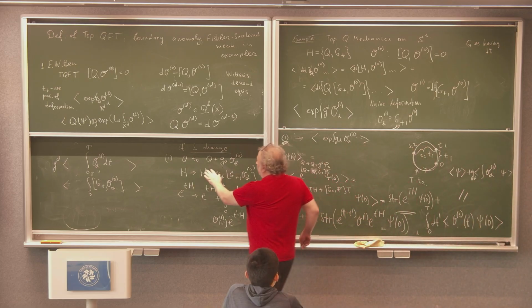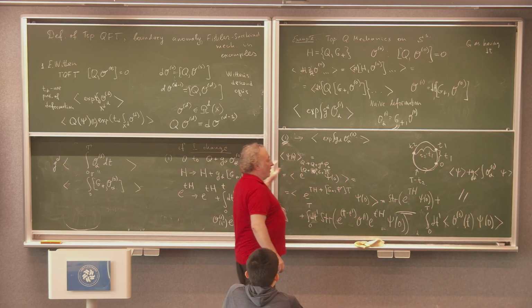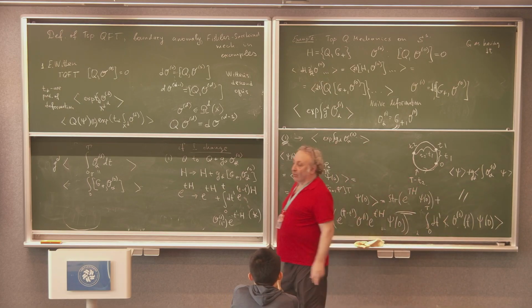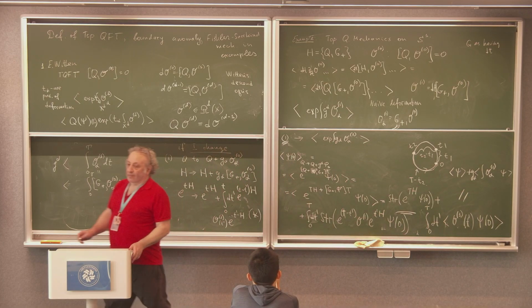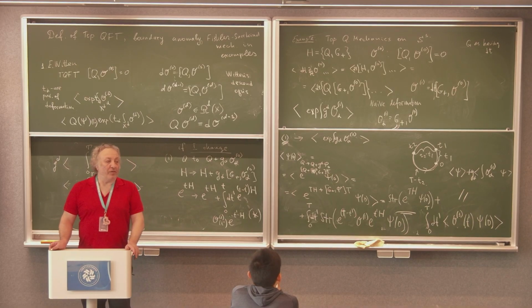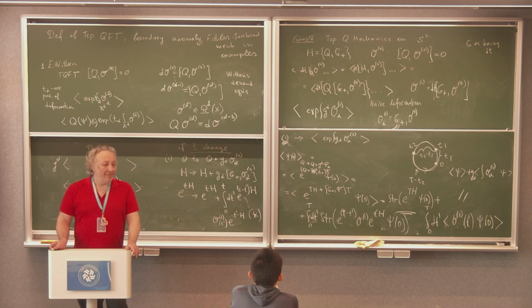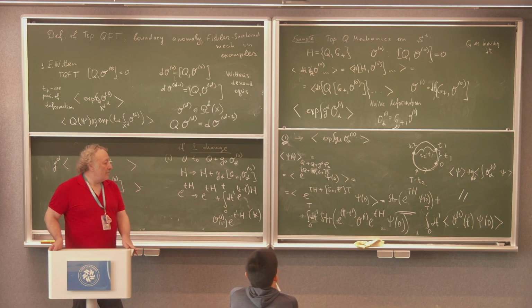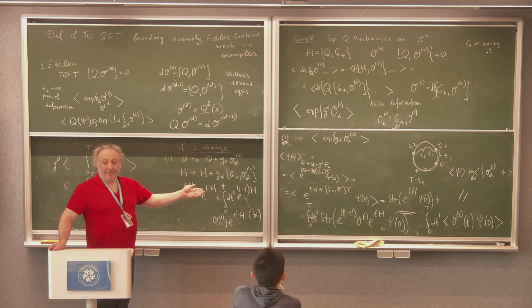So I started with the deformation of Q, and I showed that it corresponds to such deformation of the correlator. So this line is trivial, but it is still a line, and you may check all steps here. Now,